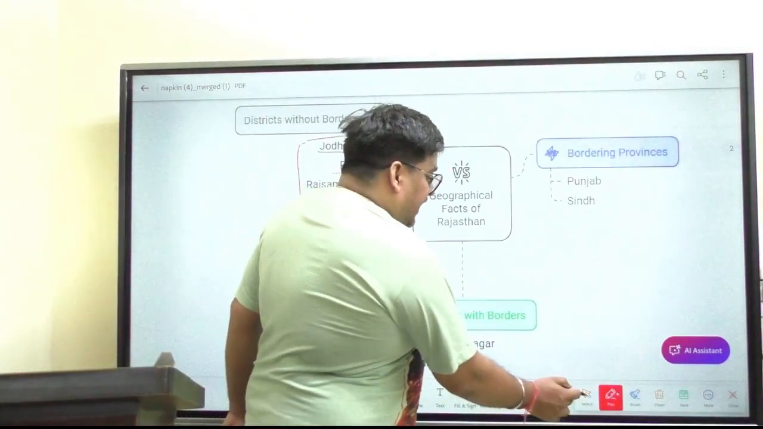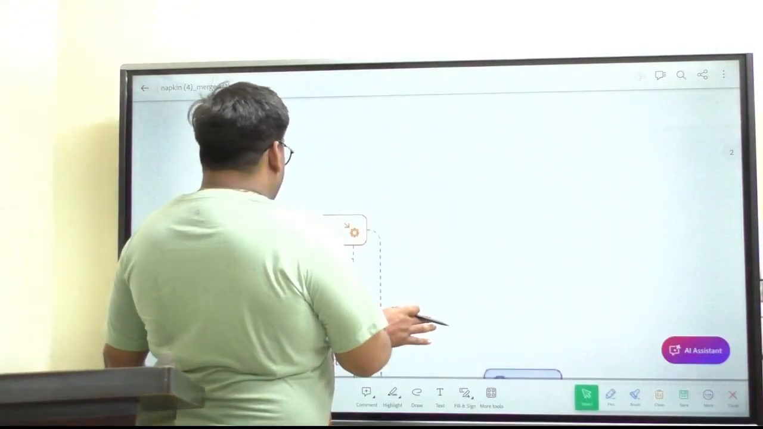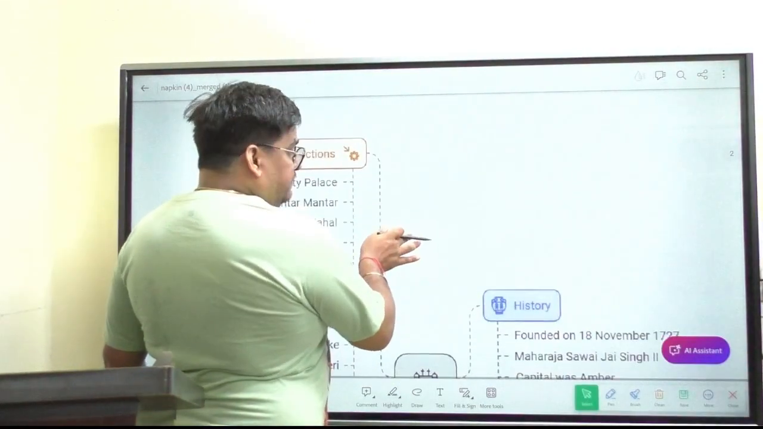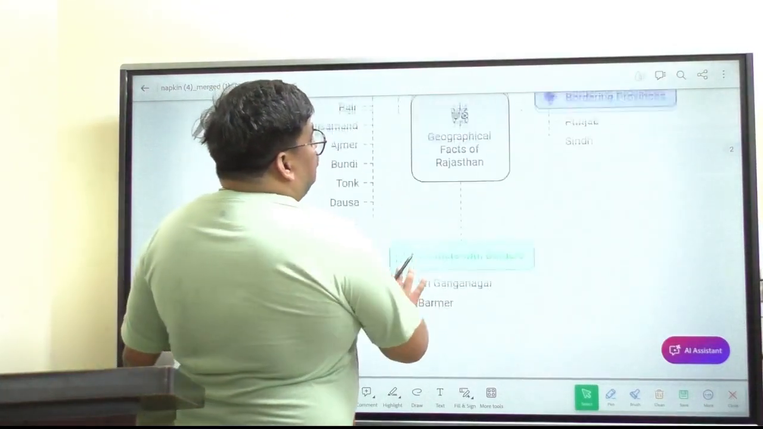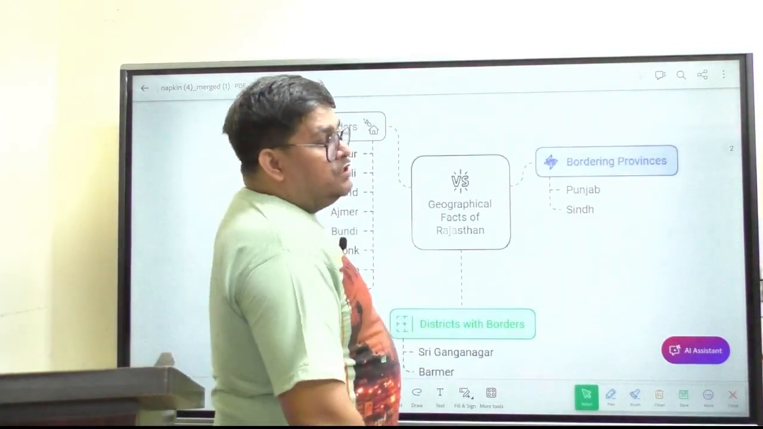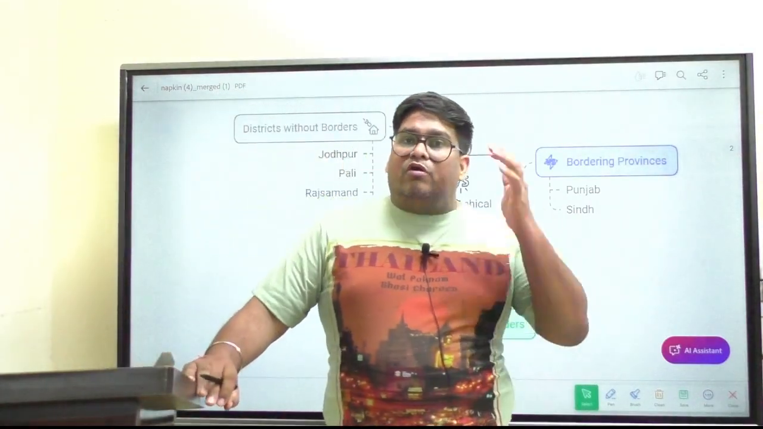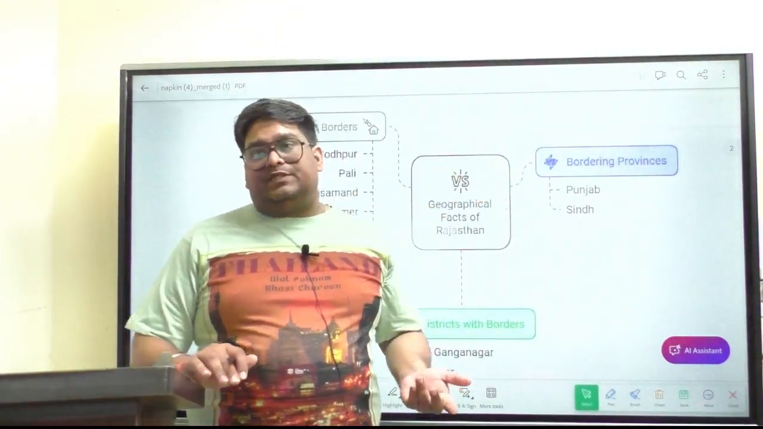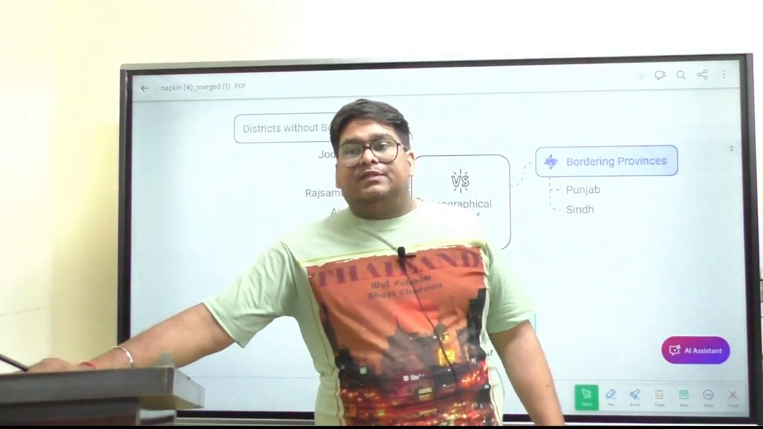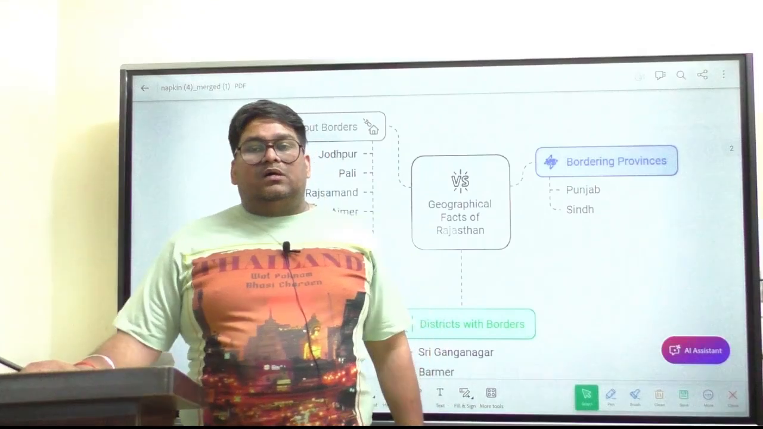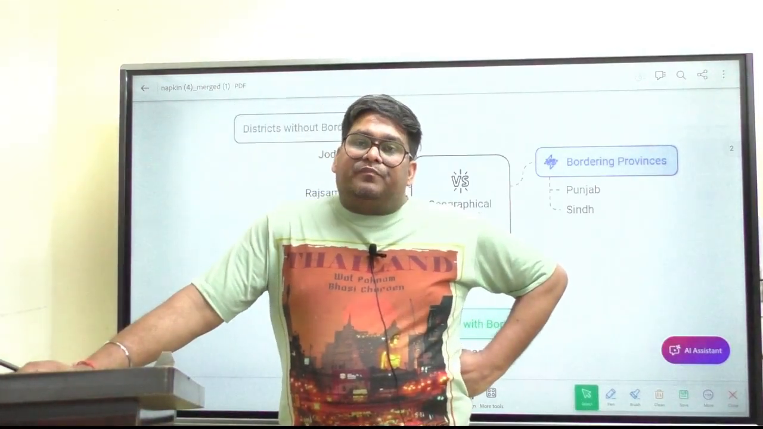So you will have these districts also. This is very important, so it needs to be remembered, so that you will have the full overview of the districts of Rajasthan. So I have completed the geographical map of Rajasthan, where we have covered